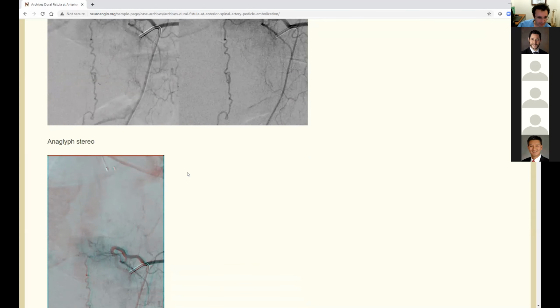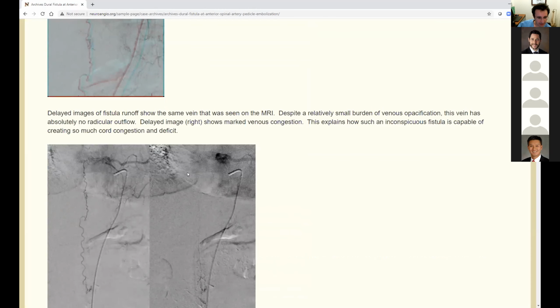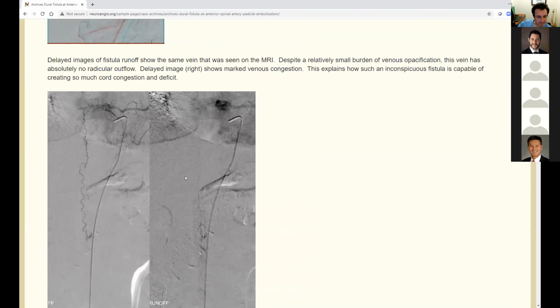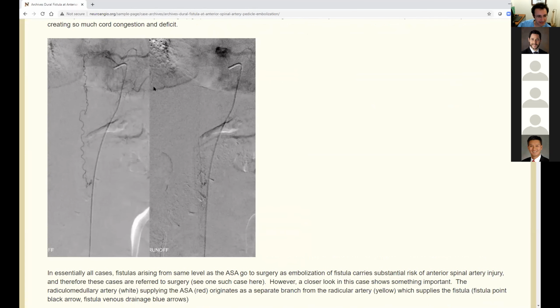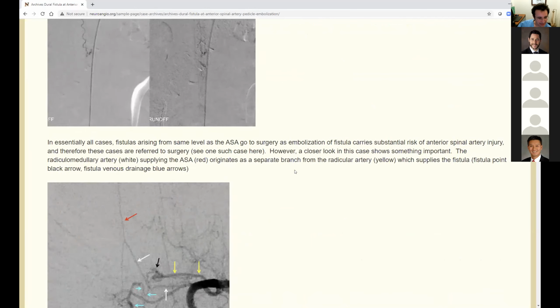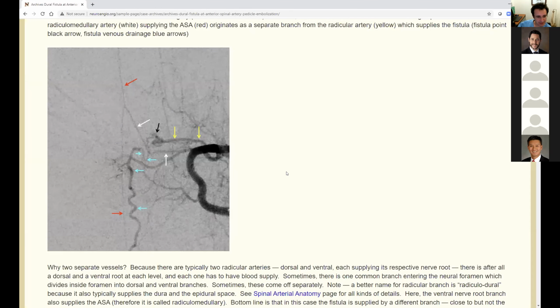Now, occasionally, you can get to appreciate something a little bit different. Again, this is just a fistula runoff. So we like to do that. You do a delayed runoff, and you can see some venous congestion here. Now, in this particular case, there's a unique situation. And what you find is that if you look at it very closely, we did